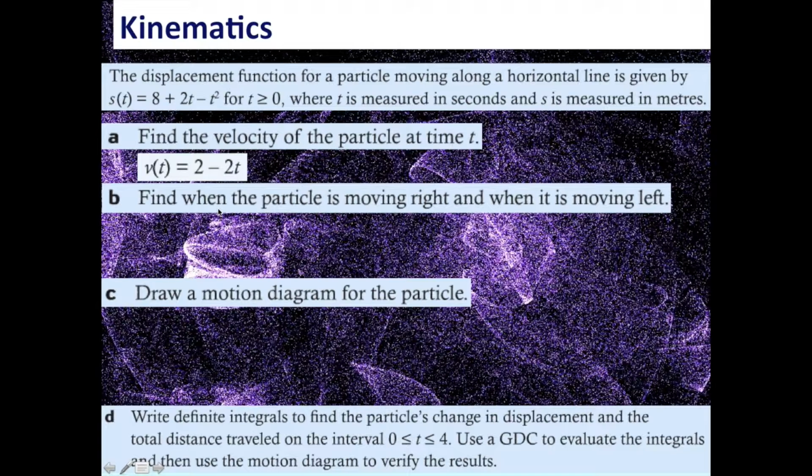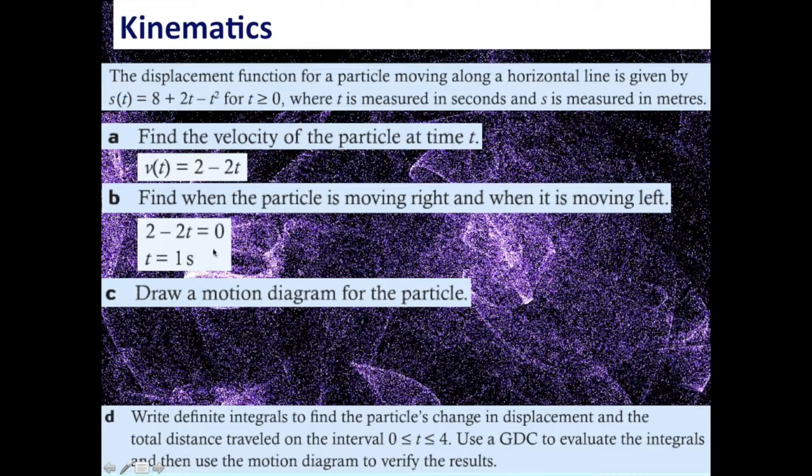Part B, find when the particle is moving right and left. So again, set this equal to 0 and solve for t equals 1 second. So we can see that for values less than 1, so if we substitute in 0, it's going to be positive. So we know that for values between 0 and 1 inclusive, it's up until 1, it's going to be